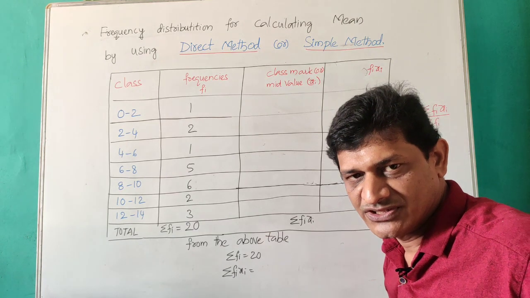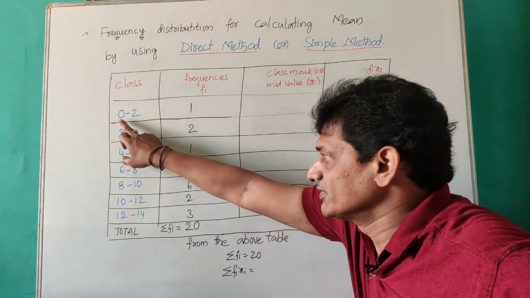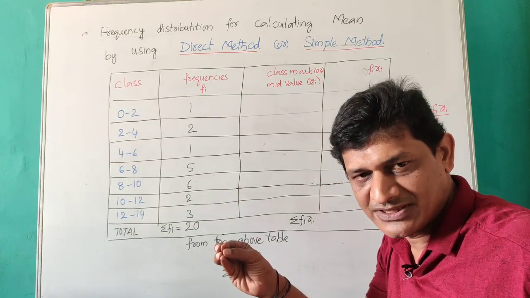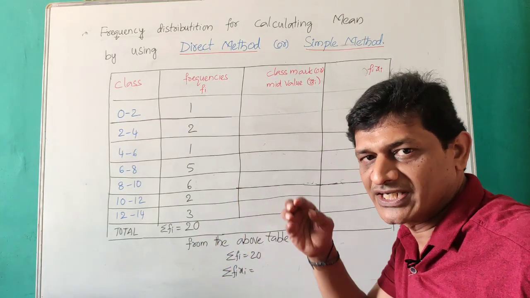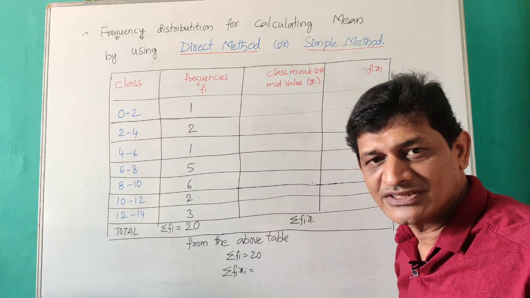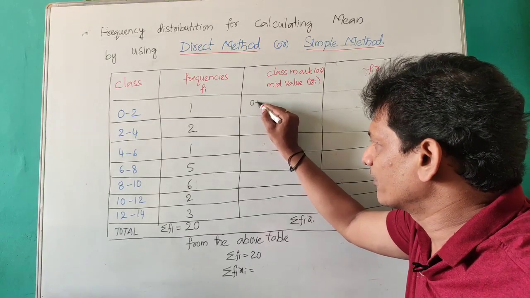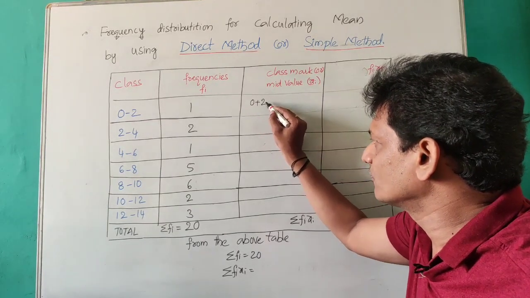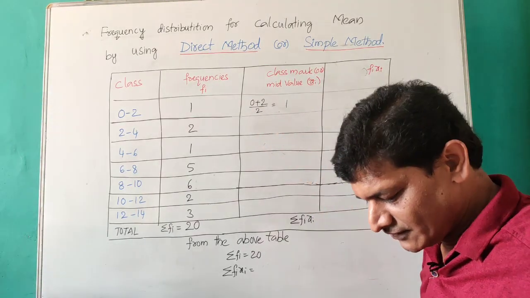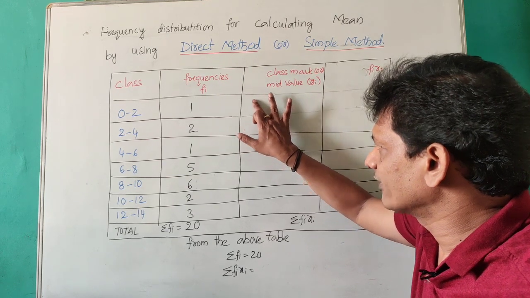Now take their average. Average is nothing but the sum of observations by the number of observations. That is 0 plus 2 by 2. Add the lower and upper limits and then divide their sum by 2. You get the class mark of the first class. 0 plus 2 is 2, isn't it? 2 by 2 is 1. Once again, check the procedure here. Lower limit is 0, upper limit is 2. On adding these two, you get 2, and then the sum is divided by 2. 2 by 2 is 1. So no need of doing calculation here, directly you can write the mid value in that way.